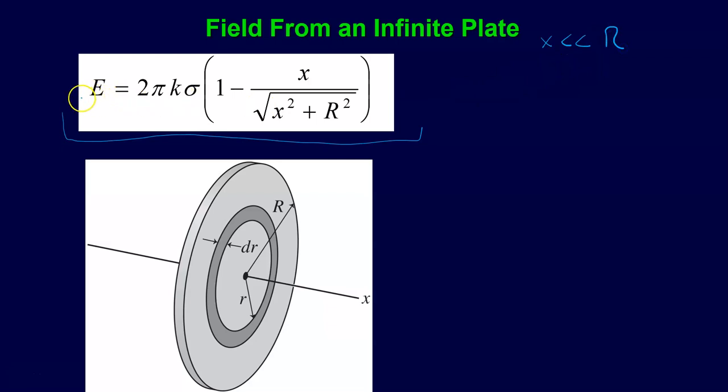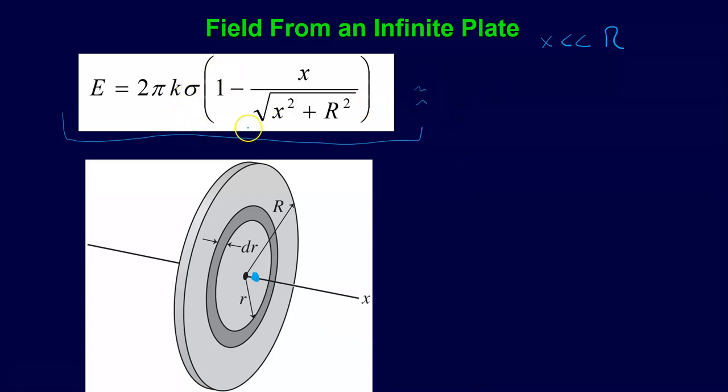And so again, this is something that you can do with integrals and such. If x is really, really small compared to the radius, it's sort of like I'm looking at a point really, really close, and so I'm so close to this disk of charge that it seems infinite to me. Like I can't really see the end. All right, and so if I do that,